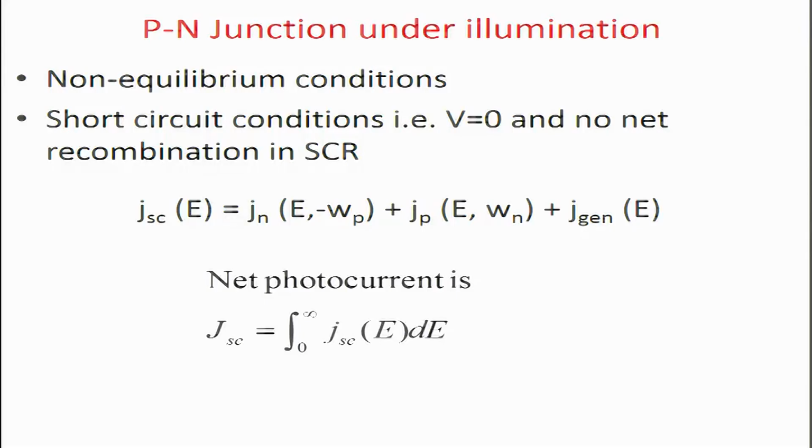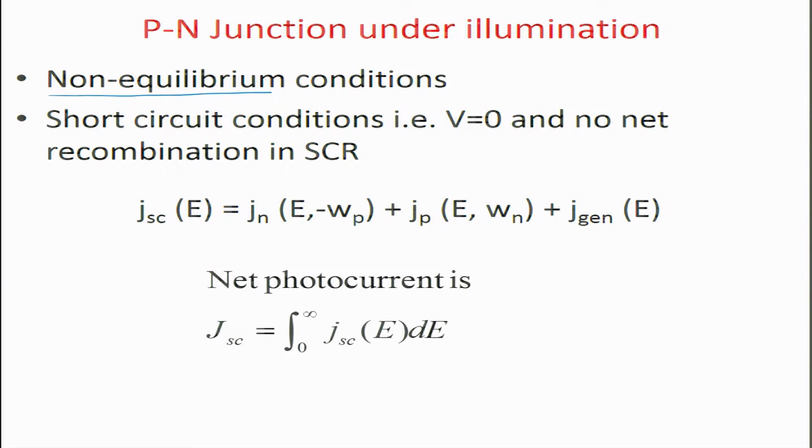Okay. Now, let us look at the condition of the p-n junction under illumination. When you have a p-n junction under illumination, we create conditions which are called non-equilibrium conditions, because you suddenly flood the semiconductor with a lot of carriers and energy levels move up and down. The Fermi levels, for example, shift, and both N and P concentrations increase rapidly within the semiconductor, and as a result you have a huge increase in the carrier density on both sides.